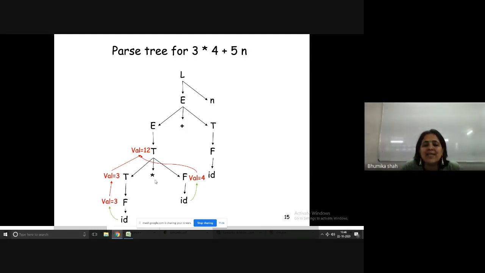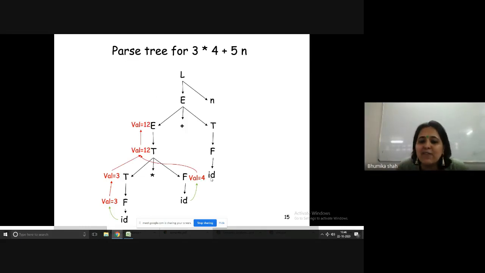This is also the right hand side of a production, and the value is calculated as 3 multiplied by 4, and it is assigned to the parent node capital T. So 12 is assigned from child node to parent node. So T also has synthesized attributes. Now this value of T is going to be assigned to the parent node E. So E also has a synthesized attribute.